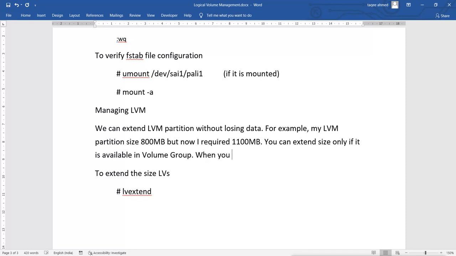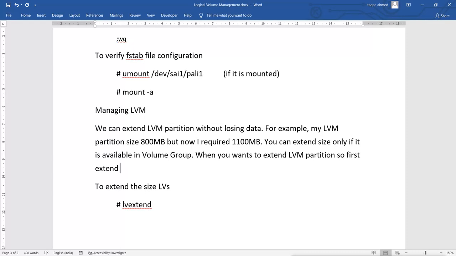When you want to extend the LVM partition, first you will extend the LVM partition, and then you have to extend the file system.